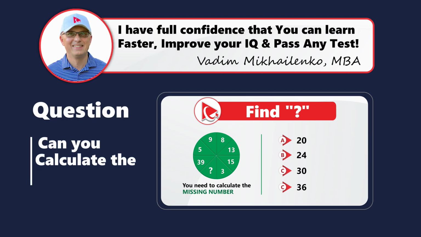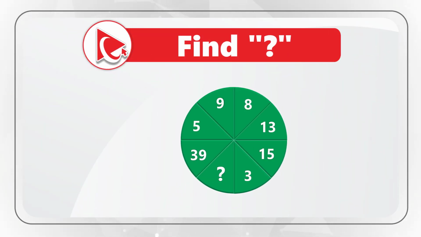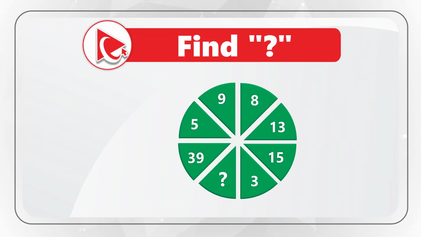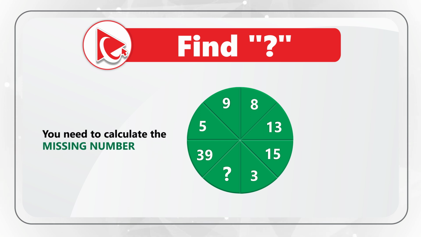Here's a problem some people might find challenging, but in reality, it's very easy to solve. You're presented with a circle broken down into 8 sections. In each section, there is a number, and in one section, the number is missing, and you need to calculate the